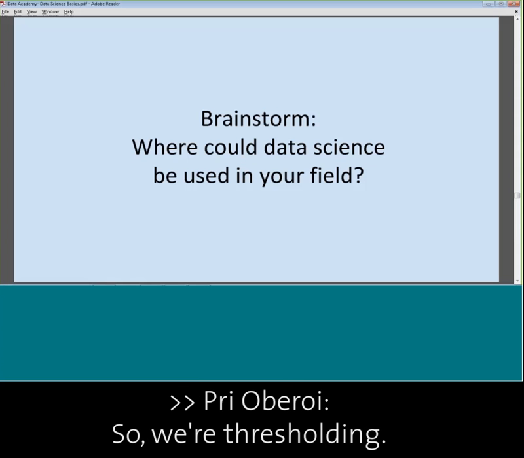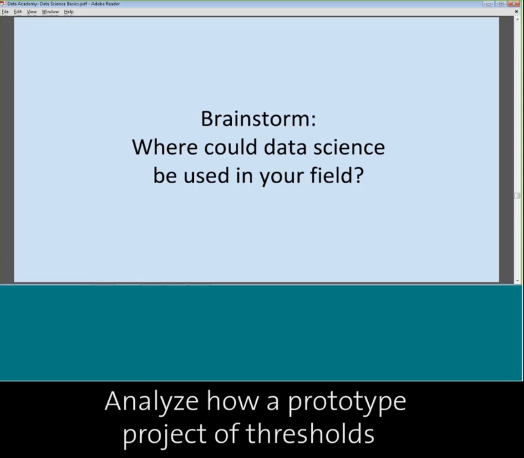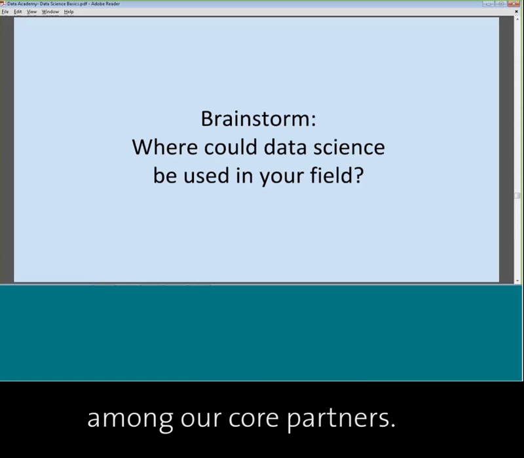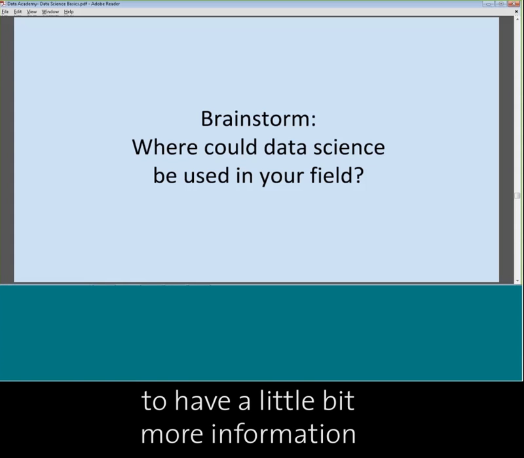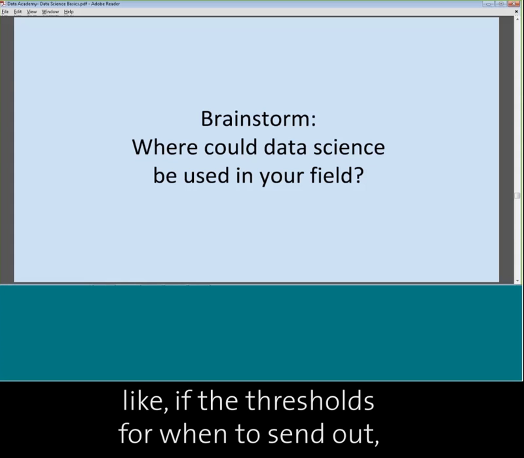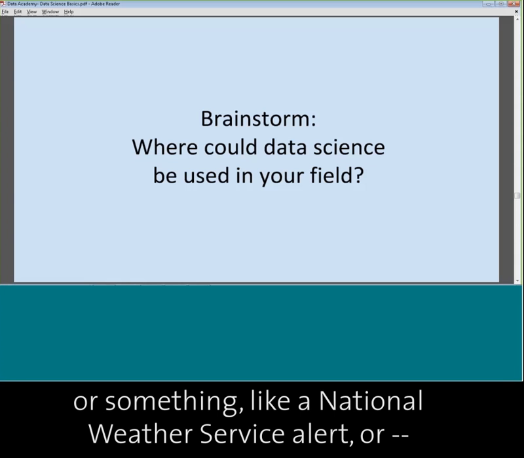Can you read it again? So we're thresholding. Analyze how a prototype project of thresholds will lead to stronger preparedness actions among our core partners. Okay, I think we might need to have a little bit more information about where the thresholds are. Like it's the threshold for when to send out an alert, like a National Weather Service alert, or